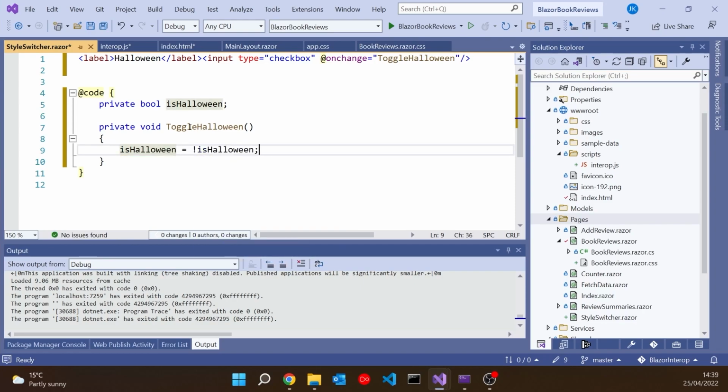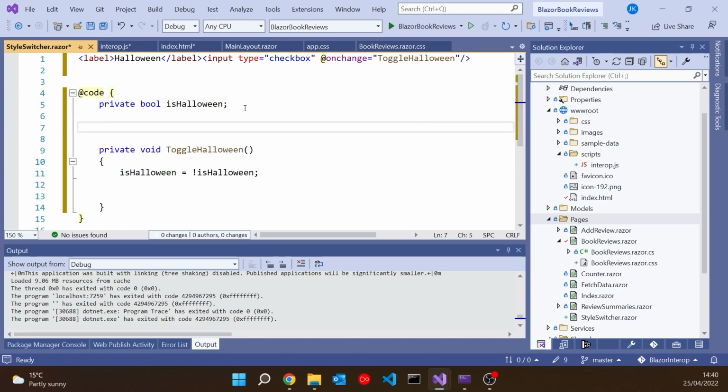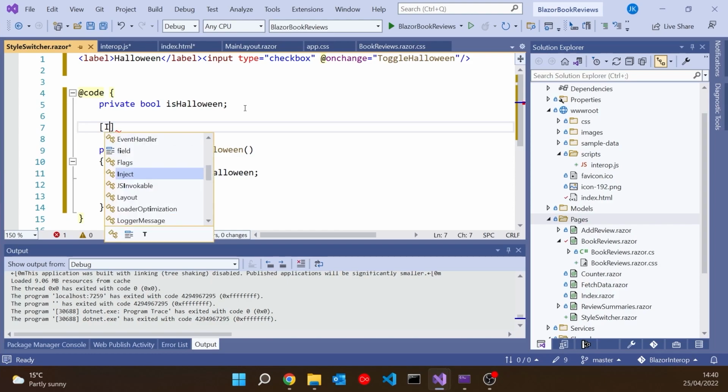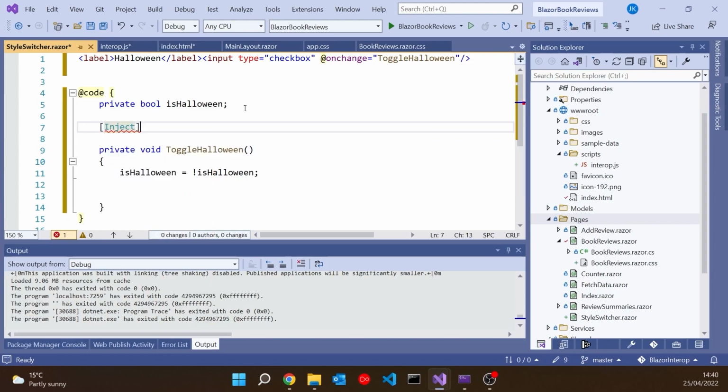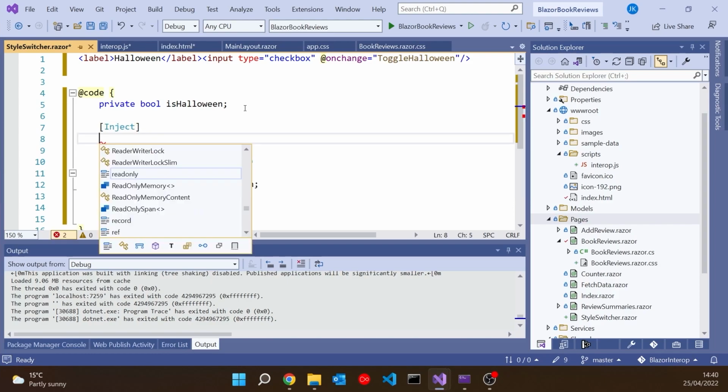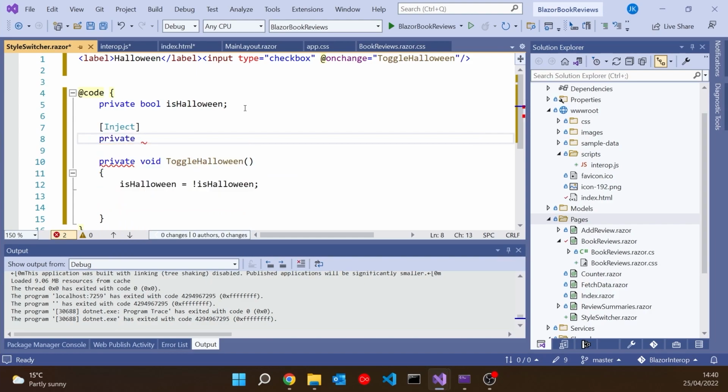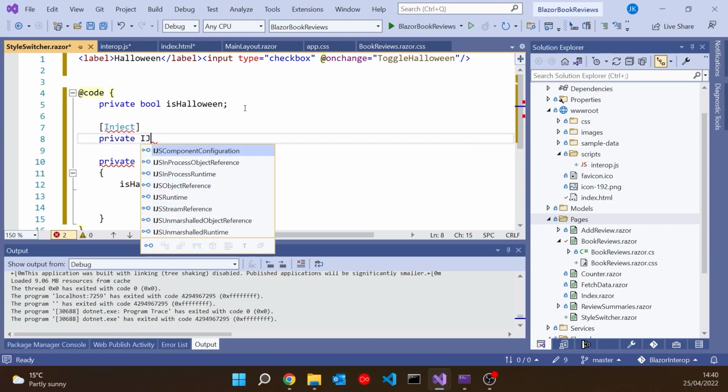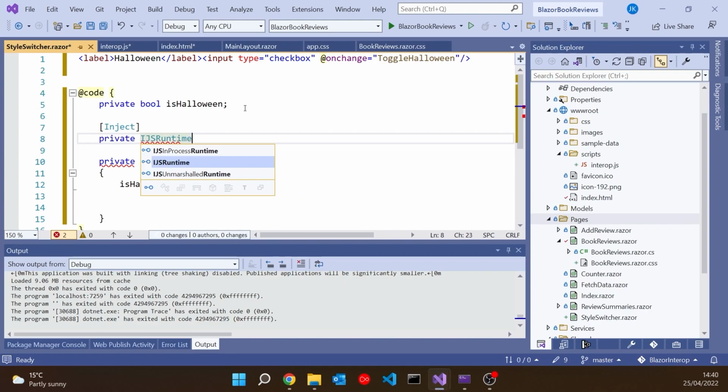But then we've got to call that method in the JavaScript. And to do that, we need the JavaScript runtime, and that's something that we have to inject. So same sort of thing that we've seen with injection before. We can say inject as an attribute, and then we're going to have a property, and it's going to be of type IJSRuntime. So going through an interface, if you wanted to test this, you could mock it